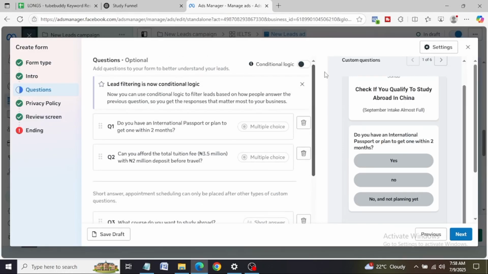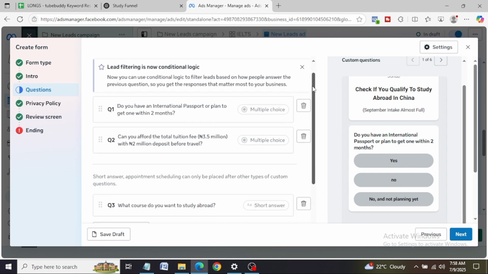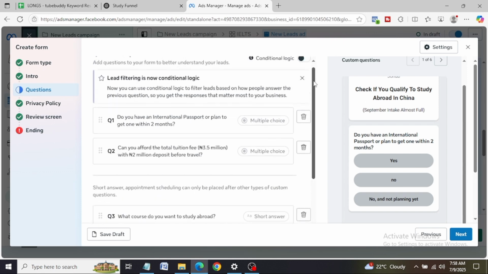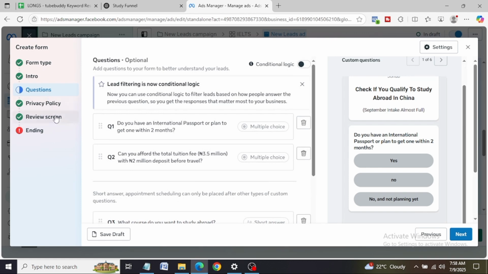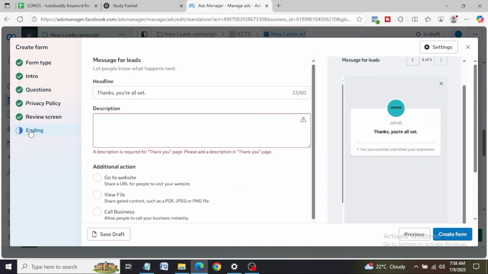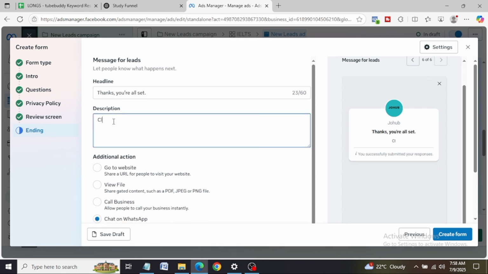What this is going to do is that anyone that has filled this form is going to know exactly what it's coming to do. This is very, very good for when you are selling a ticket offer, or a ticket service. Of course, this place is where you put in the description. Since this is chat with us on WhatsApp, you could just say thank you, we will give you a call shortly. Then if you use a website here, you can say